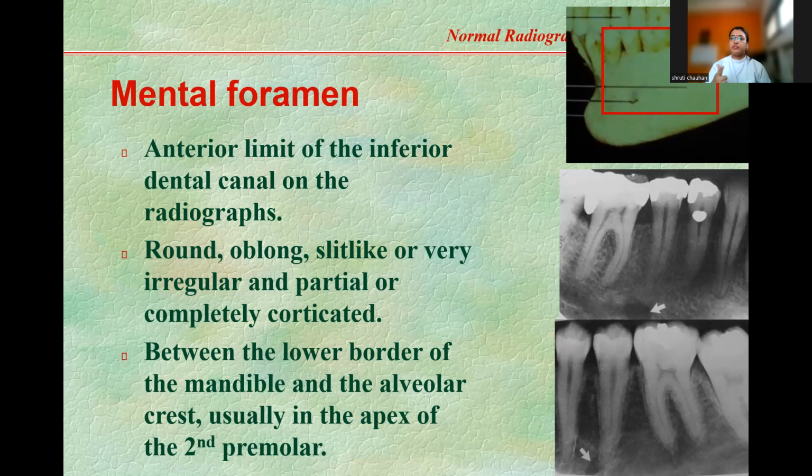First of all, what was written? The location. First confirm the location. If it's below the second premolar, definitely it's a mental foramen. If it's between the first and second premolar, it might be a mental foramen. Next, that is the first step. Find the location. Then after that we are going to